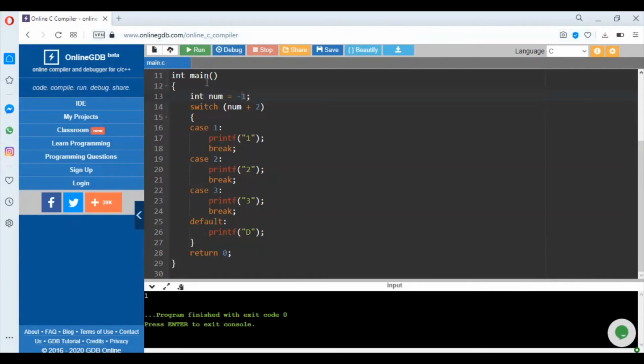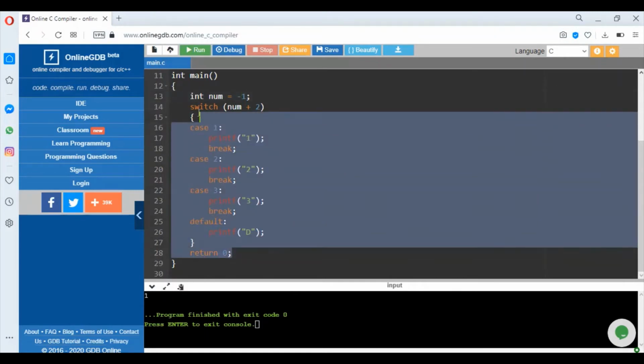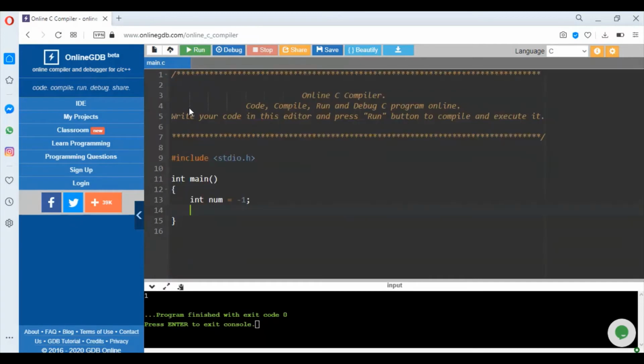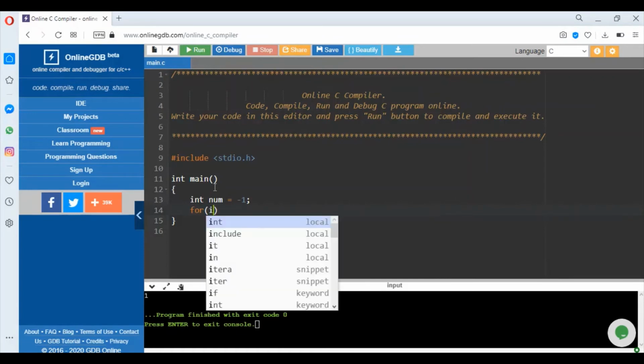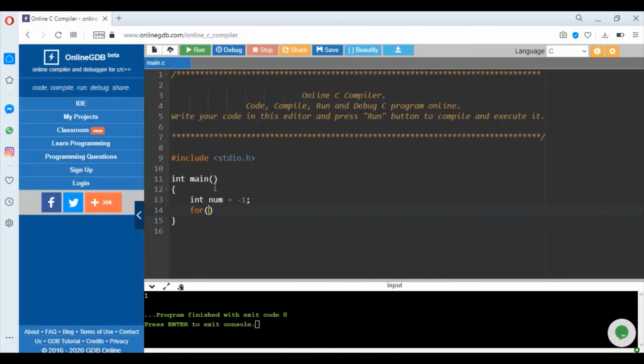Now break statement is also used to exit loop, as you have seen. So if I'm writing here, I put num equals to 0, num is less than 10, num plus plus, right?